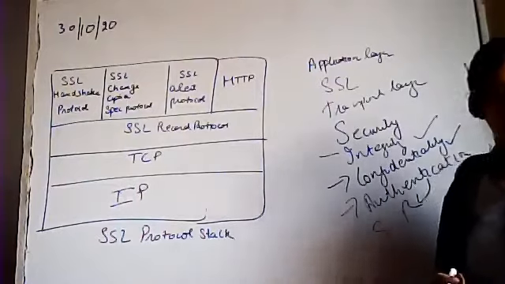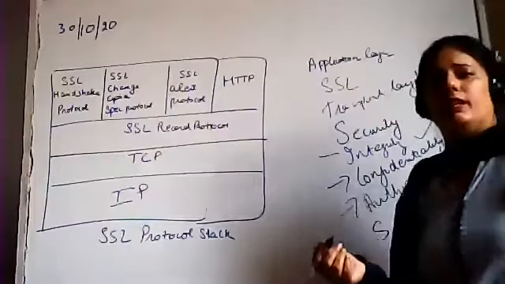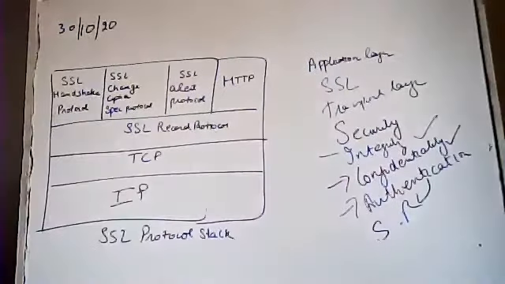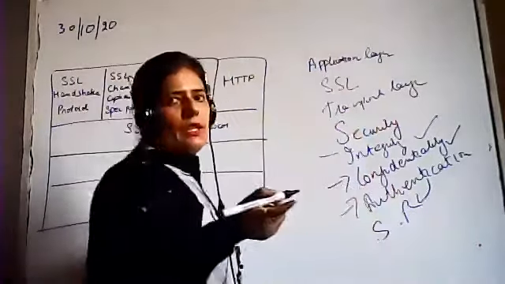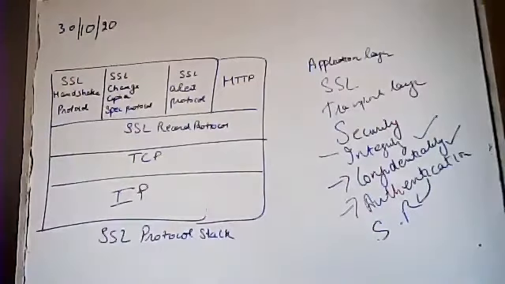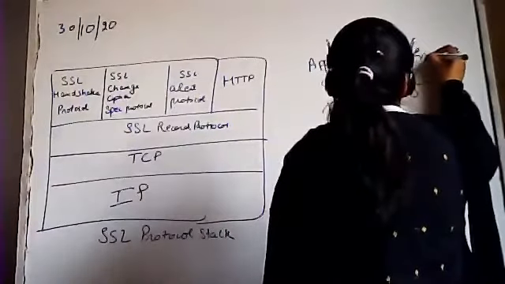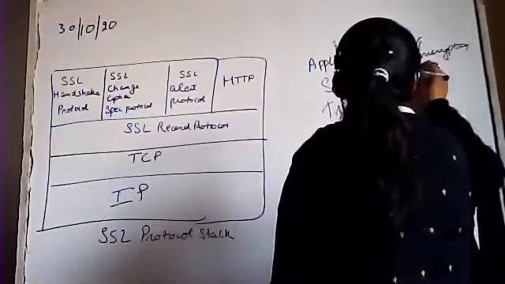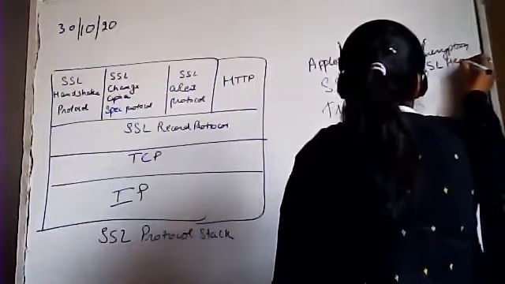So what happens when we use this concept of SSL? When the application layer transfers this data, what will happen at the receiver? It is given to the SSL. Now what will happen here? The application layer will not directly transfer the data. It will pass that data to the SSL part. The secure socket layer will receive that data. What will our SSL do first? It will provide encryption to the data, and after that it will add its SSL header. Okay?